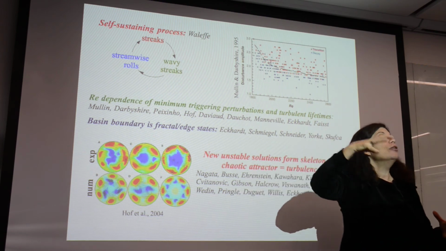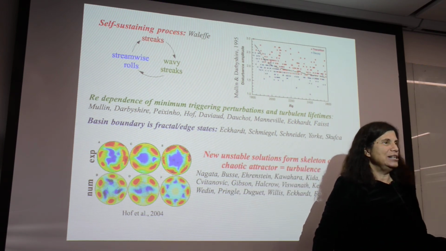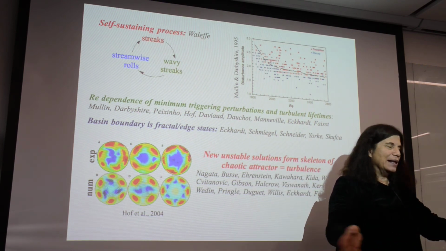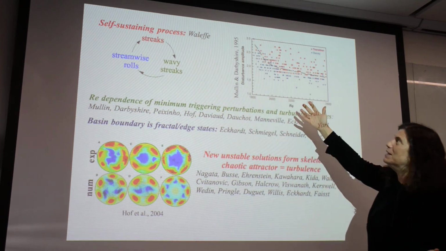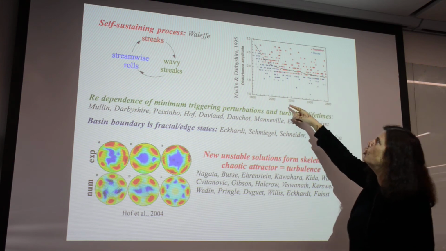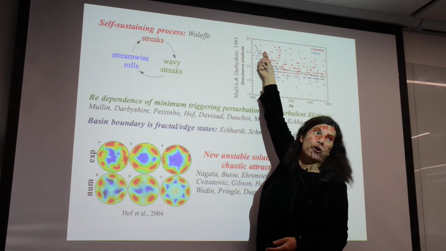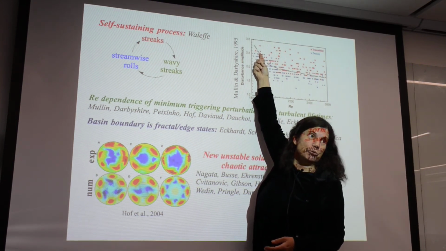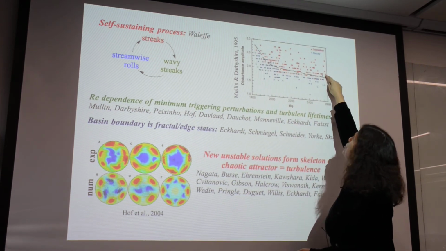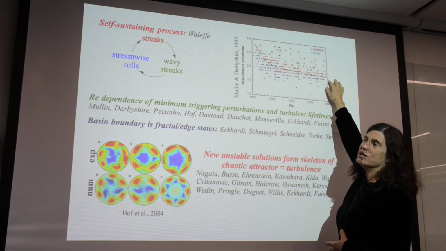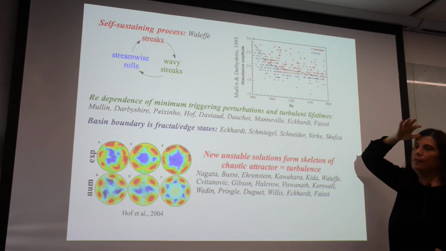They put in amplitudes of different sizes to see if that would lead to turbulence or not. You know, forget about these infinitesimal ones. And indeed, it does approximately what you might think, which is to say, for lower Reynolds number, you better give it a higher perturbation amplitude in order to go turbulent. And for higher Reynolds number, you can give it a lower perturbation amplitude for it